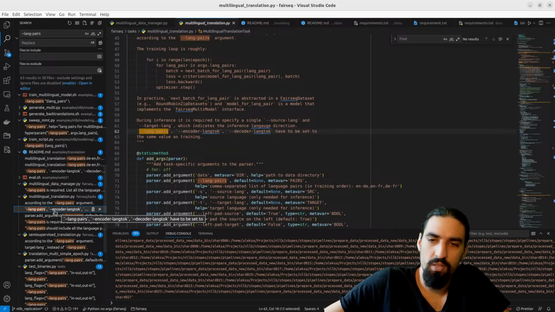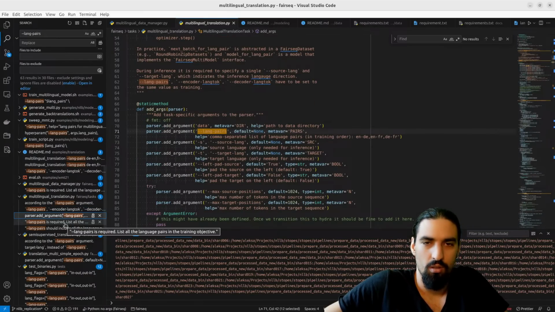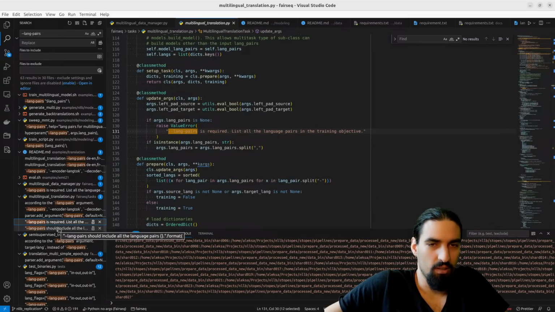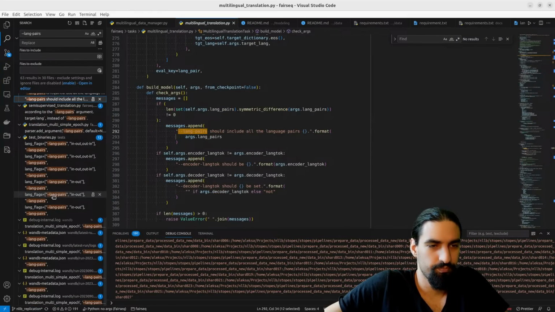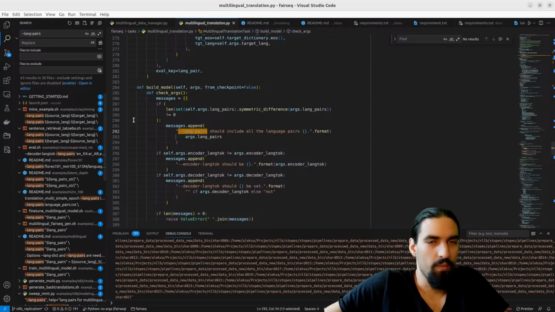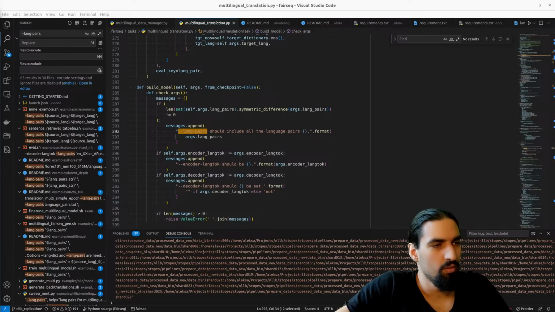Can these even be BCP47 format, or do we need the ISO 639-1 format? Multilingual translation. Okay, I suspect I know what it does, but I'm not 100% sure that's how it's used.